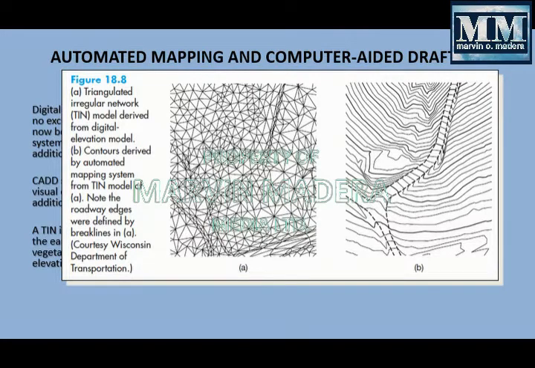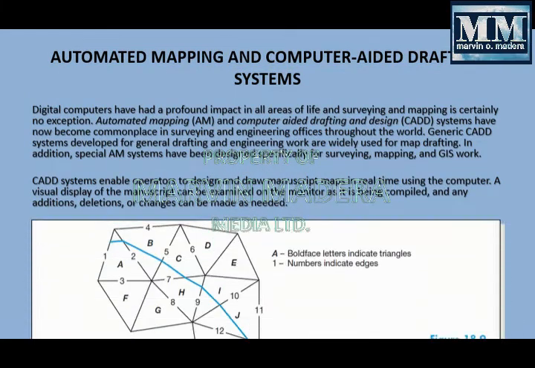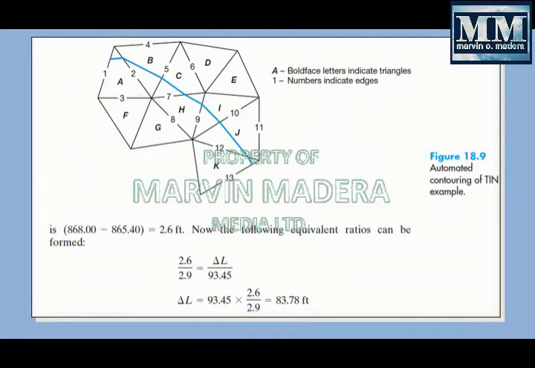In the TIN models of Figure A, note that roadway edges were defined by break lines. Figure A is the triangulated irregular network representation of the data. Here is also an example of